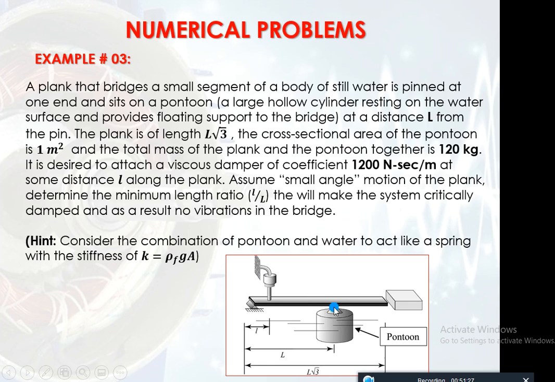Here you can see this is the rod, this is the pontoon element, this is the damping element, this is the pivoted point. Again, you can see at the end of the bridge we do not have any point mass, and in this case we will be using I is equal to ml square, where L is the length of the beam.